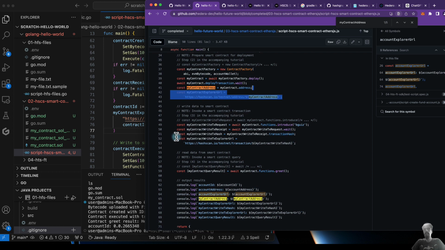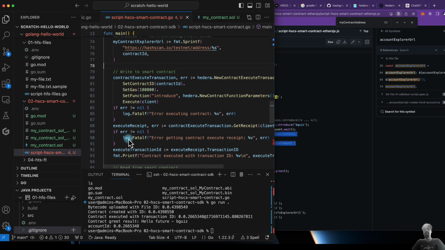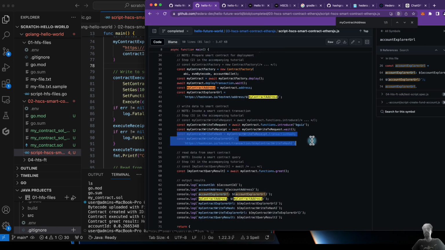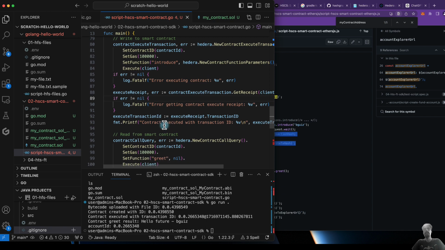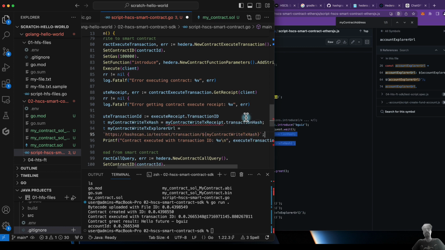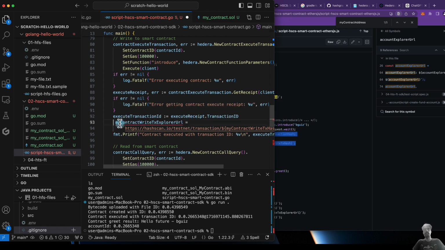The next thing is contract write transaction hash and explorer URL. So it won't be a hash, instead it will be a transaction ID, right? Because we're using the SDK. So we already have the transaction ID, so what we're going to do here is actually get rid of that. Equals to